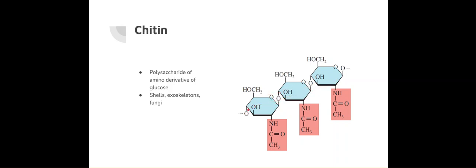These polysaccharides are called chitin, and it's what is used to give structure to shells, animals with exoskeletons, and even structure to fungi have chitin. I didn't know that until I started teaching this class. I knew about shells and exoskeletons, like crabs or whatever. Ants, I think, have exoskeletons. I didn't know about fungi, so fungi have chitin in them.